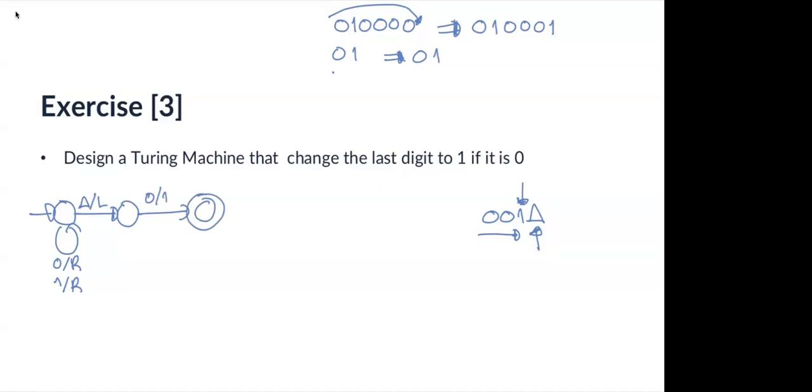We may also write that if we have 1, then we do nothing. It is still a 1.